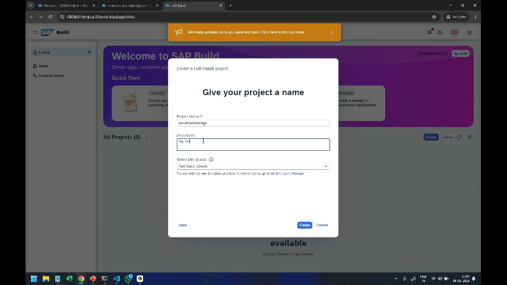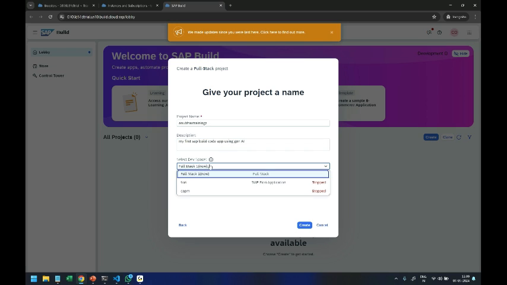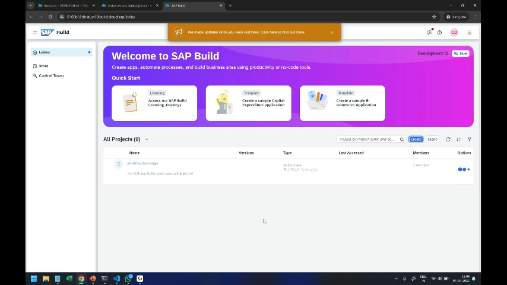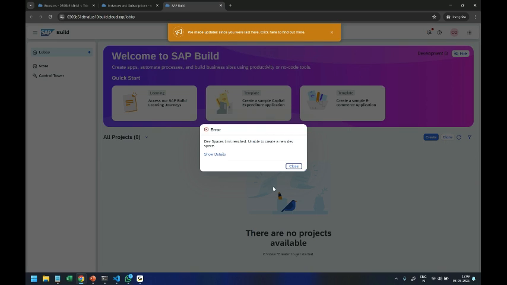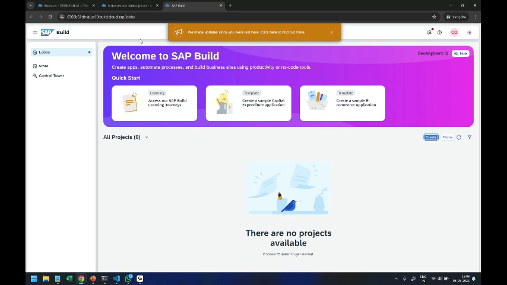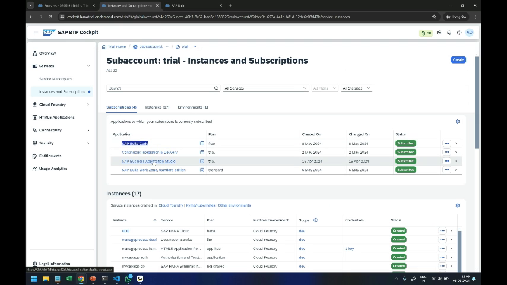So, my first SAP Build Code app using Gen AI. Awesome. We can choose the type here, of course, and click on create, and the new application will get created. You see already my dev space limits have been reached in the Business Application Studio. In case you're already using SAP Business Application Studio, a dev space limit could be reached in the trial account,